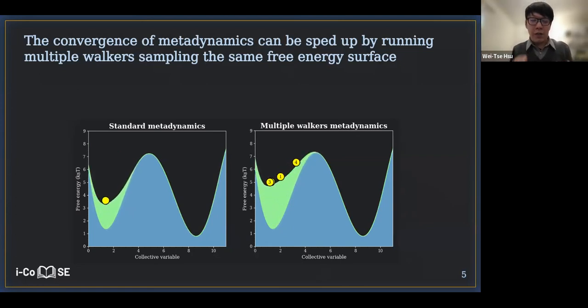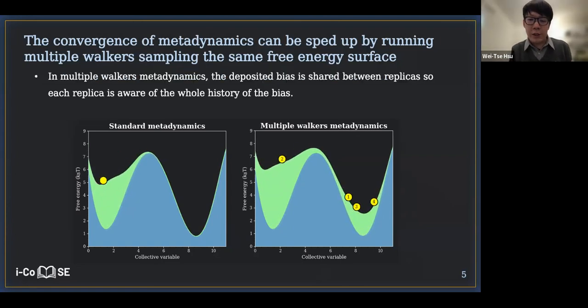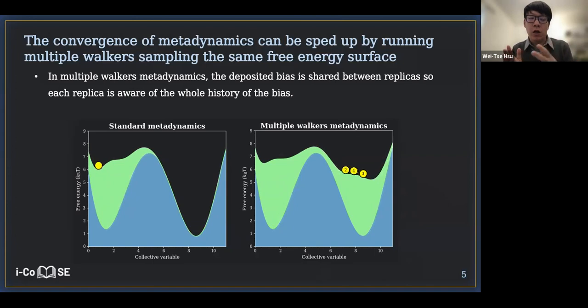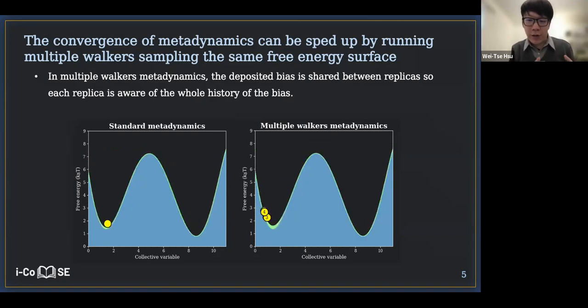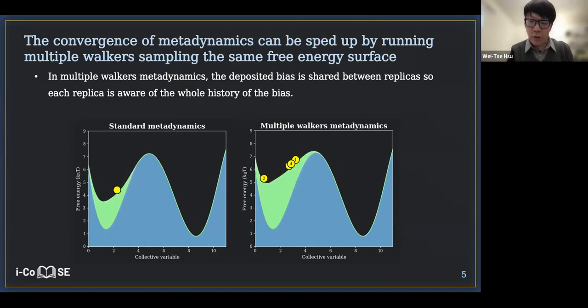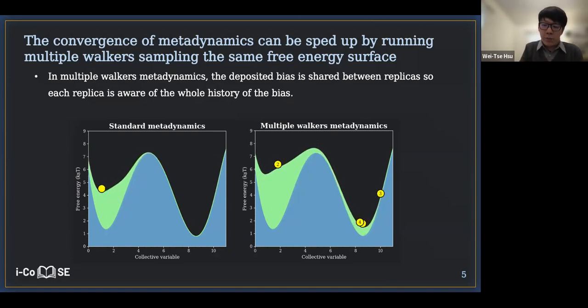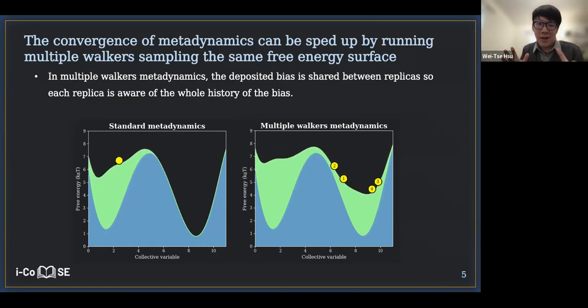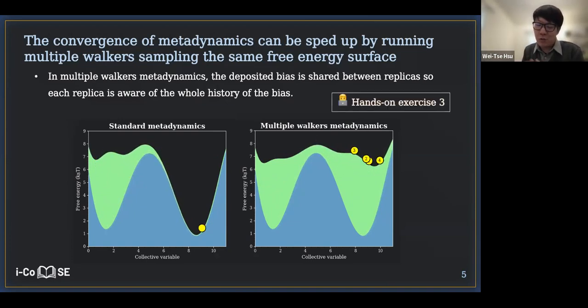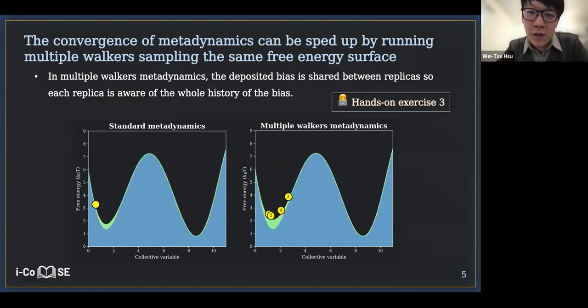Importantly, these Walkers are not totally independent of each other. Specifically, each of them is aware of the history of the bias deposition across all different Walkers, so that each Walker would know the current unbiased free energy, considering the contributions from other Walkers as well. Other than this, multiple Walkers metadynamics is nothing different from the metadynamics framework that you learned yesterday, and this ends the theory section of the method. That means that we are going to have the third exercise, which is a pretty short one. So I will